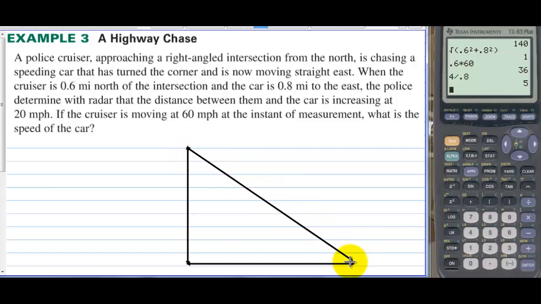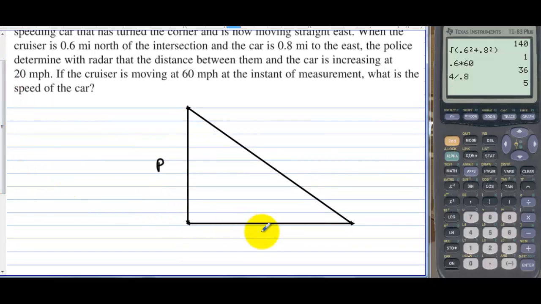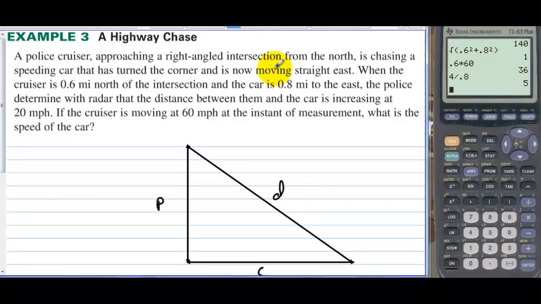So we have this distance between the police car and the car that it's chasing. Right here we have the police, and we have this suspect that's running away. Let's call that the car, and the distance between them, let's call that the distance. Let's get some information. When the cruiser is 0.6 miles north of the intersection, so the P is 0.6 miles,